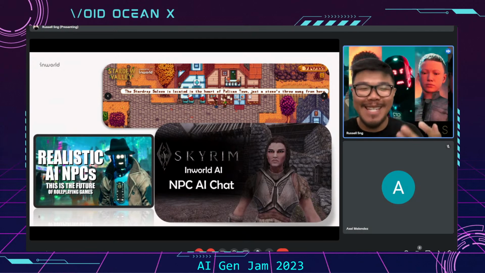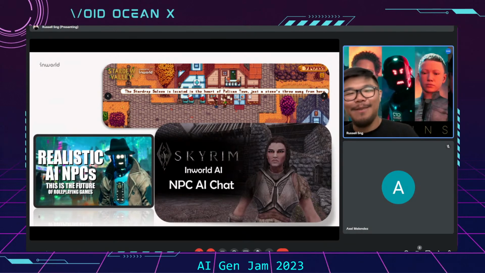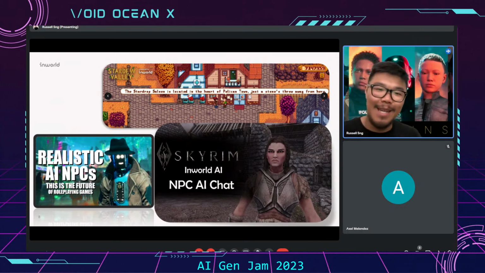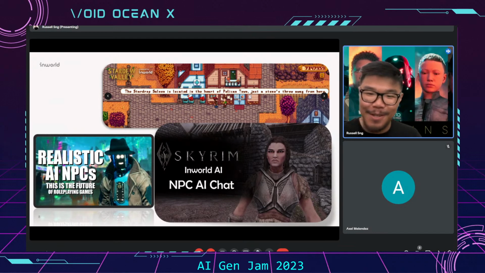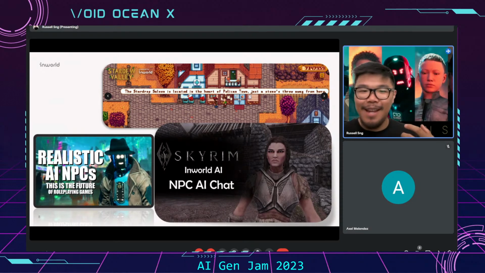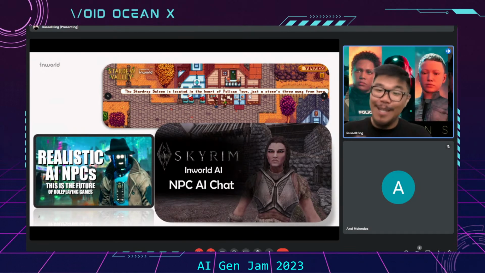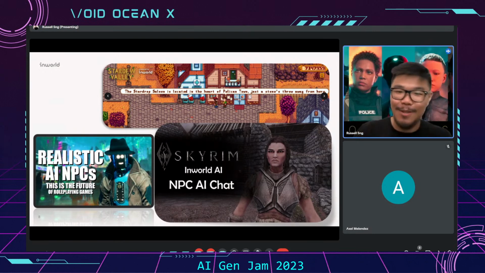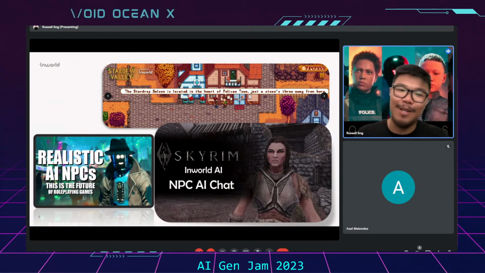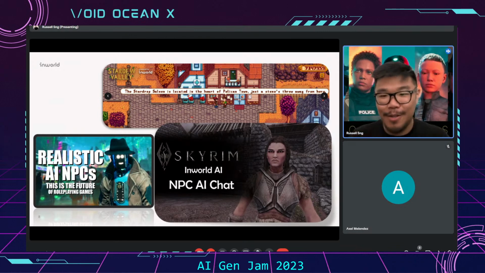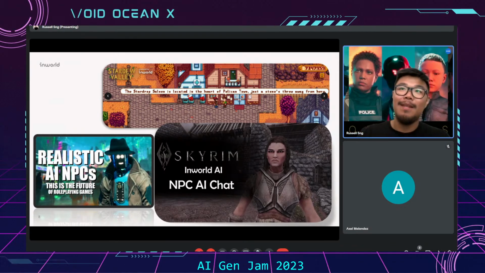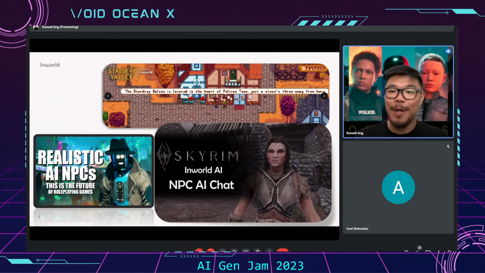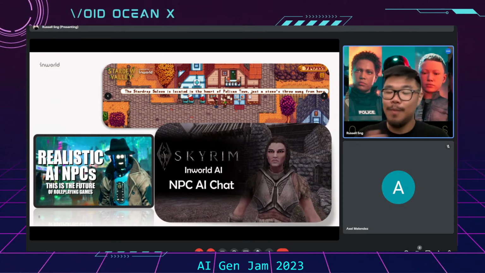We recently released a Stardew Valley mod, which is I believe based on a web SDK. So really cool. You're able to walk around Pelican Town and talk to villagers and have these really interesting in-lore, in-character experiences. Like you can ask the wizard about Krobus, or you can ask Marnie about other characters in the town. And I think it's really cool that we're able to bring these new experiences and new ways of engaging to